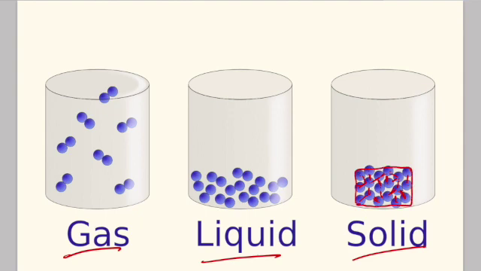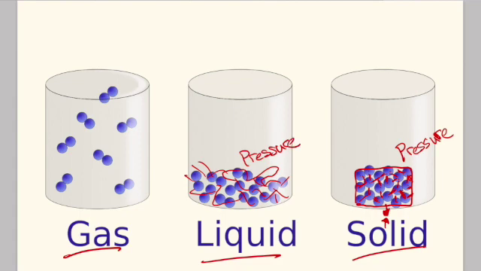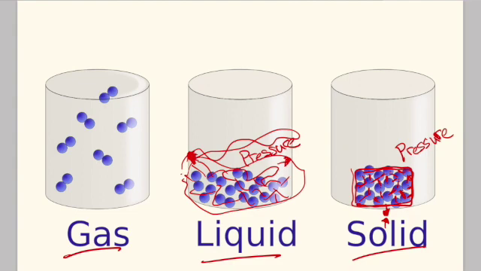But all those little particles inside that solid are not sitting still. They are moving. You just can't see them move. They are moving back and forth very, very quickly, vibrating, and they create pressure in that solid, pushing back and forth against each other and in the shape that they have created. The same is true for liquids. Liquids, you'll notice the particles are a little further apart. This gives them more space to bounce around, bump into each other in the container that they're in. And so like your glass of milk, your water, juice, whatever you want to think about with liquids, they're also creating a pressure amongst themselves, all those little particles inside, moving back and forth.